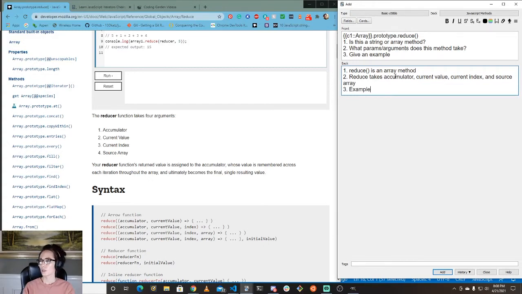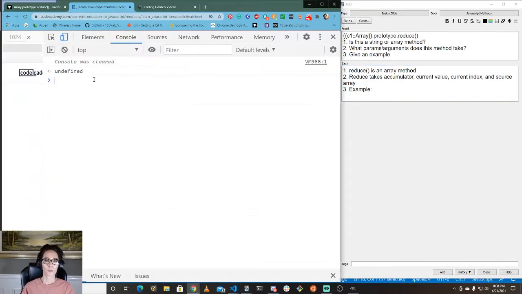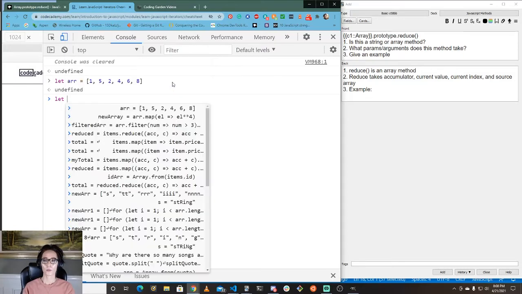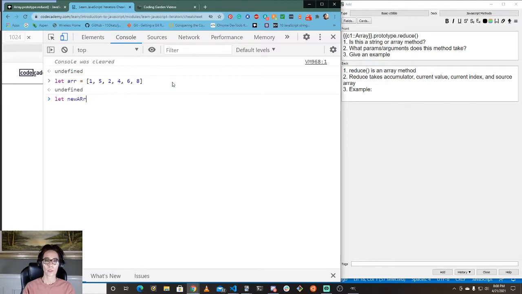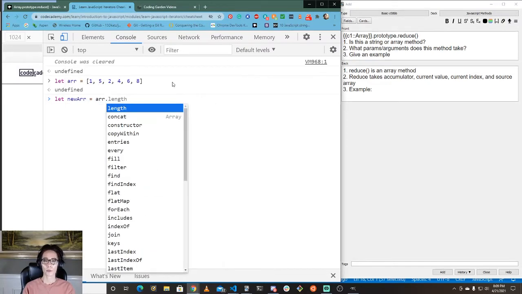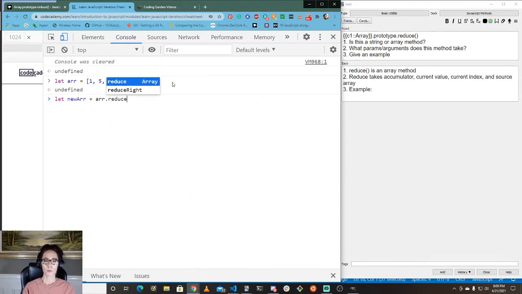Example. Let's see here. I'll just use that same array. And let me array reduce. If I remember correctly,